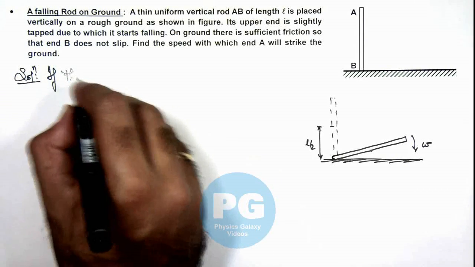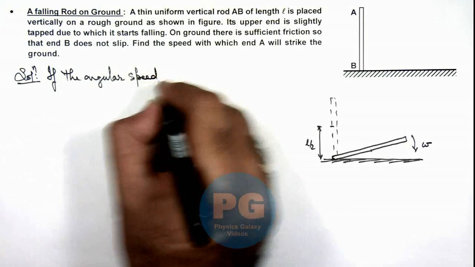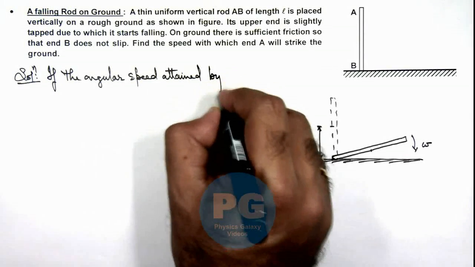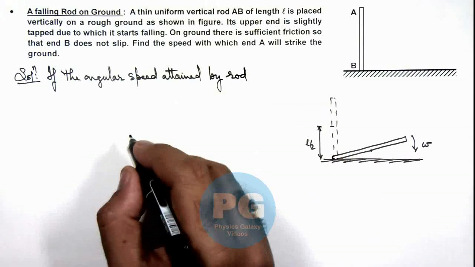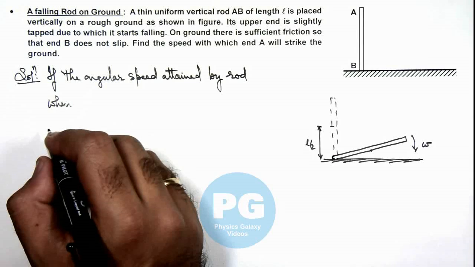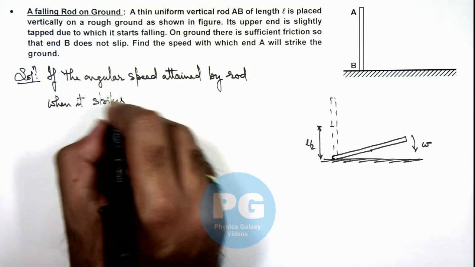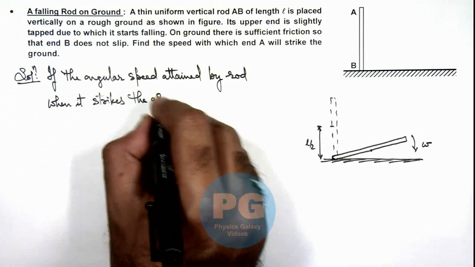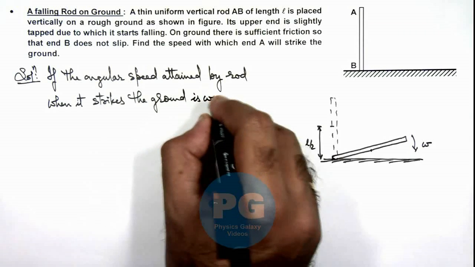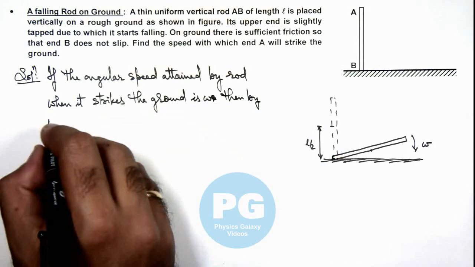the angular speed attained by rod when it strikes the ground is omega, then by work energy theorem